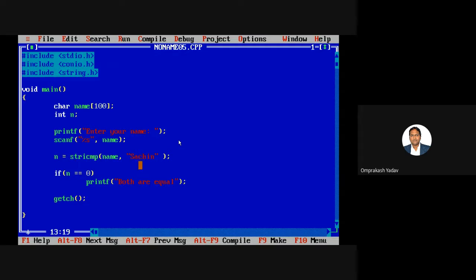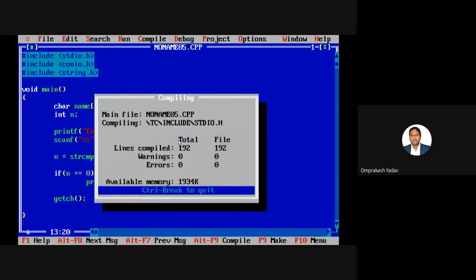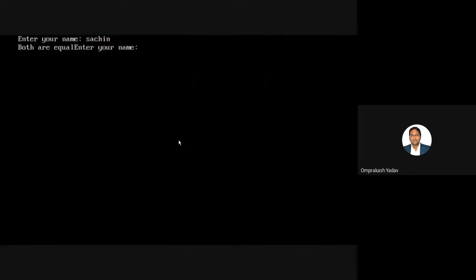Otherwise the comparison will be done on the ASCII code basis, and if we write the name with the small letter, it will show that the string is greater, and it will not show both strings are equal. So if you want to do the checking, you can do it with the help of the stricmp function. Let's run this. I'll enter small sachin and it's telling me both are equal.